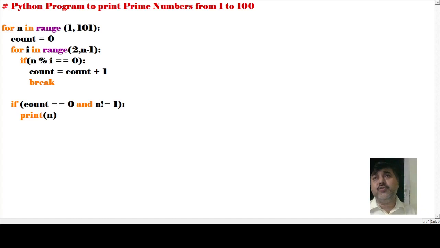So the if pattern of the loop, what is it going to check? It will check whether the value of n divided by i equals 0 or not. If it equals 0, then the work will be done. So count equals count plus 1. So when count equals count plus 1, in this particular count that we can see here,